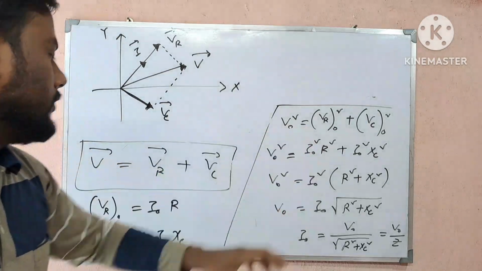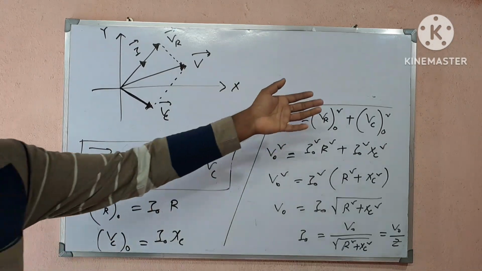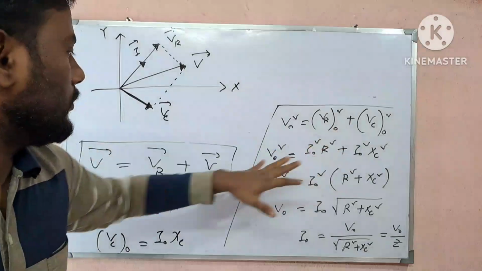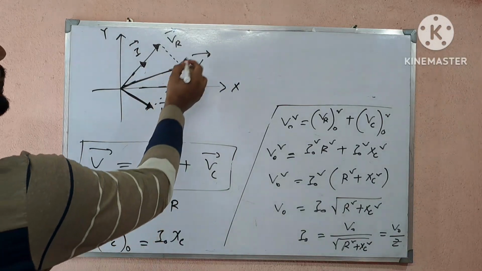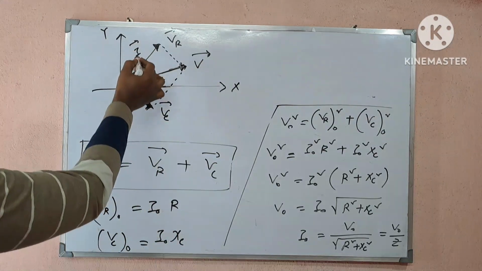This is V naught. What is the peak value of voltage across resistor? VR naught. What is the peak value of voltage across capacitor? This is VC naught. So this is the formula. Here this is the applied voltage V, and this angle is omega t, and current is lead over voltage by